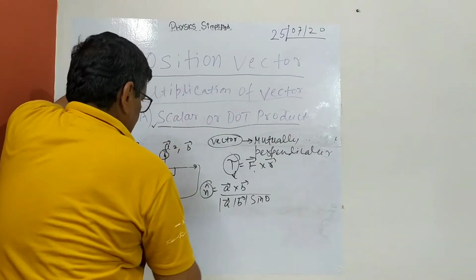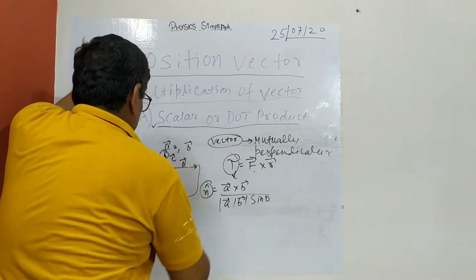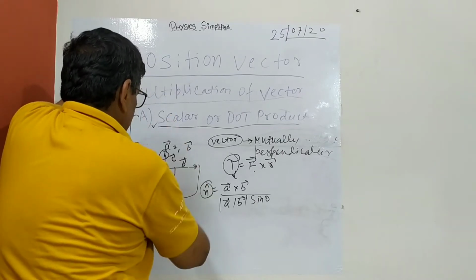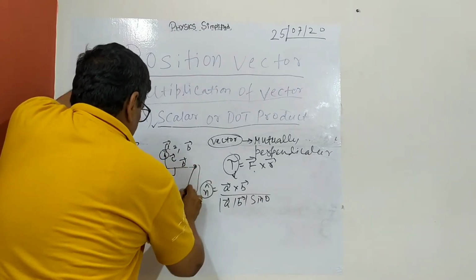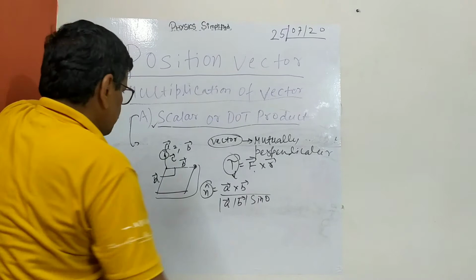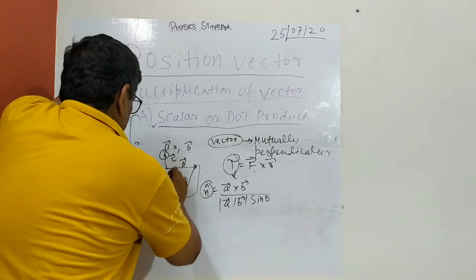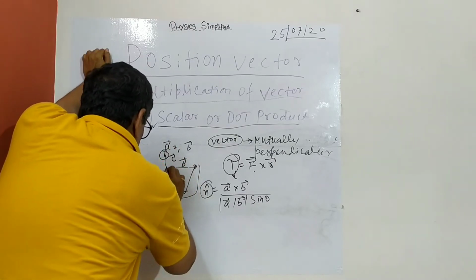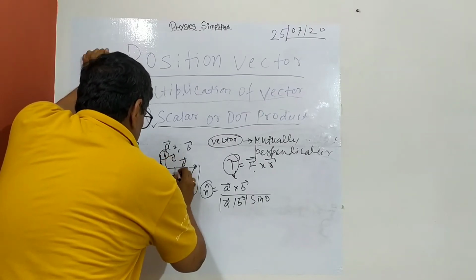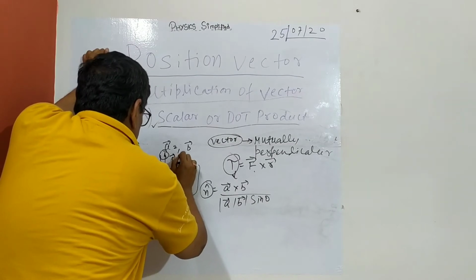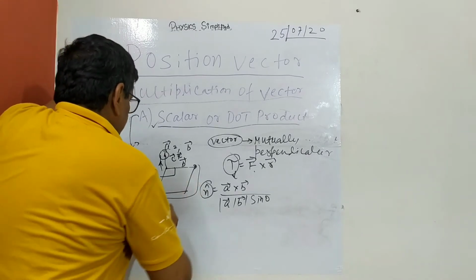And what will this depict? If there is a vector C, suppose, and this is vector A and this is vector B, and C is at right angle to this, then we can say that A cross B is what? The area of the parallelogram. Now you can get this also from the figures: A cross B is the area of the parallelogram, and if you make a dot product, because this direction will be at right angle to this one. Suppose A and B are in the i j plane and C is along k. So this direction, A cross B, will be along k, since i cross j is k.